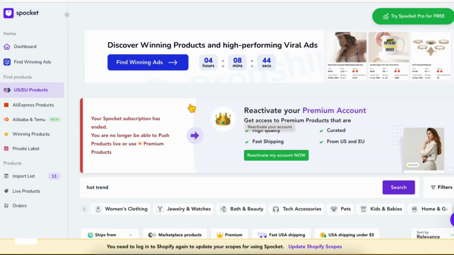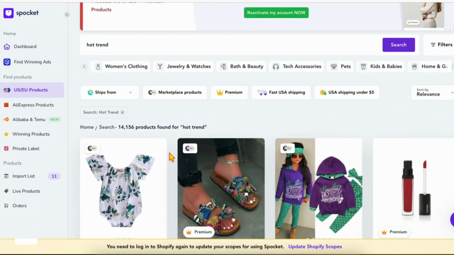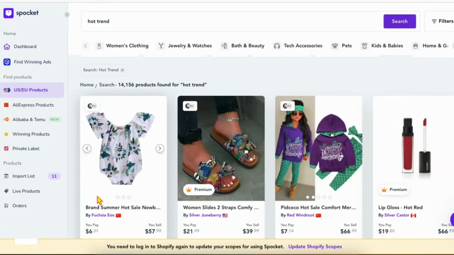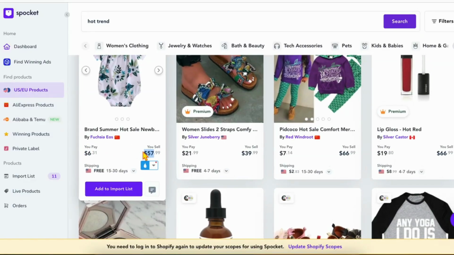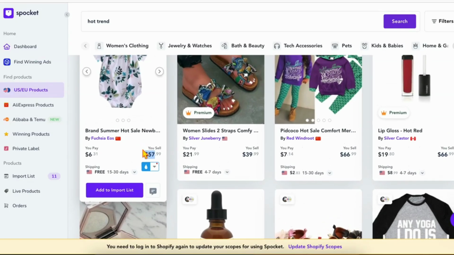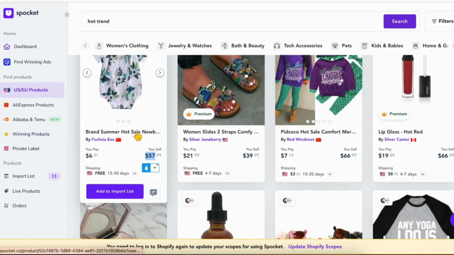In this video, we will focus on how to competitively price dropshipping products when auto pricing tools are not available. The first step is to compare your products with those on other e-commerce platforms. For example, you might notice that a product you purchased for $6 is being sold to customers for $57. It is important to compare this with similar products on platforms like Amazon to evaluate how much profit you can